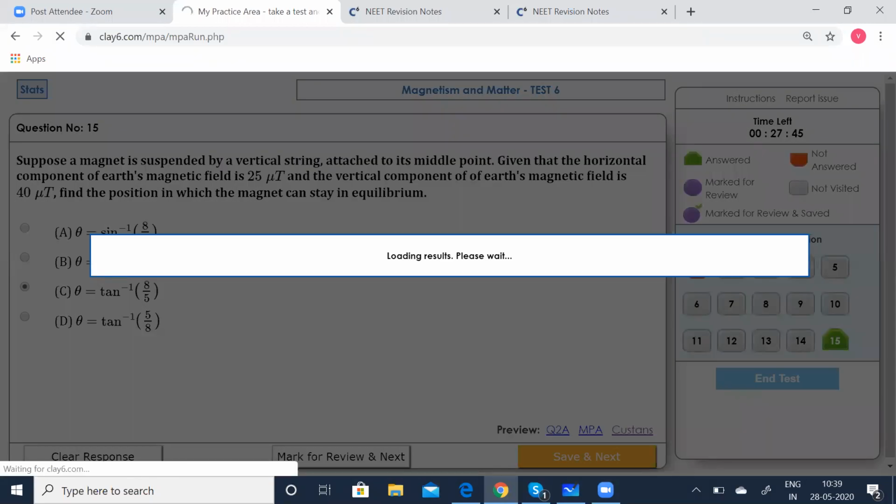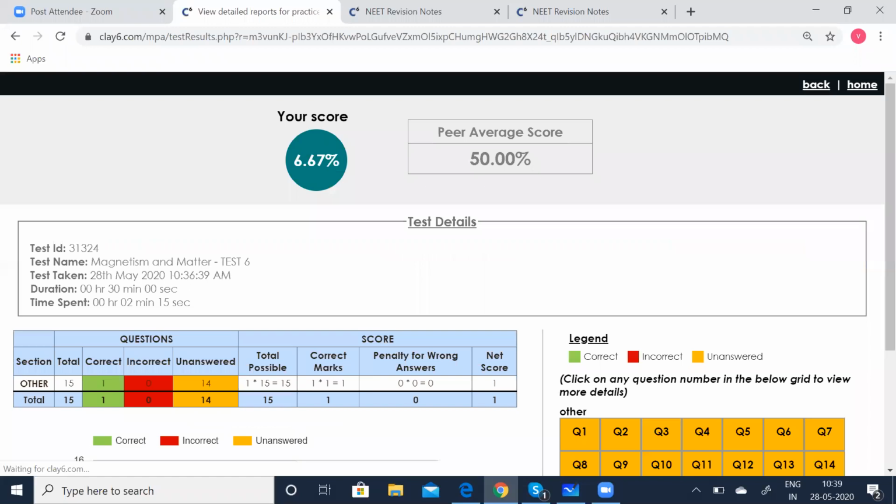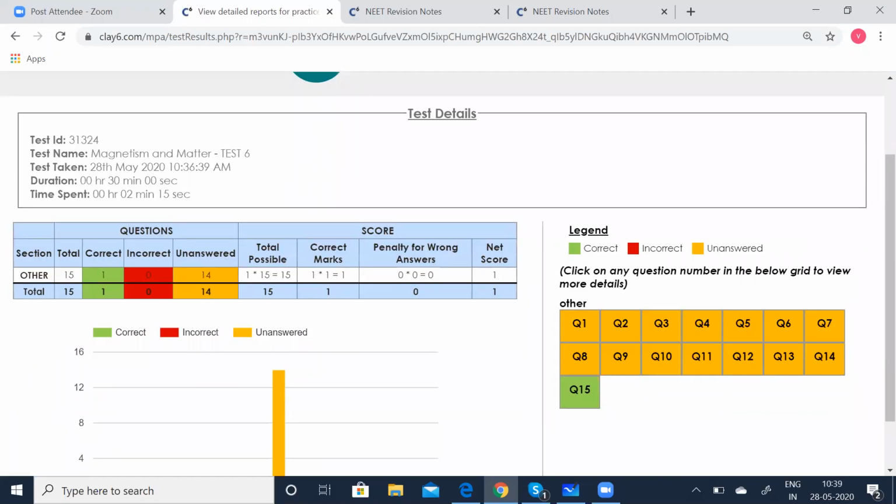You can see the results. Since we came down again, it is showing a different thing. The yellow ones say that it is unanswered. We had already answered all the questions in the previous attempt, came to the test again and did it, so that is why that happened. Question 15 was correct. Suppose it had been an incorrect answer, then that would show you a red color.